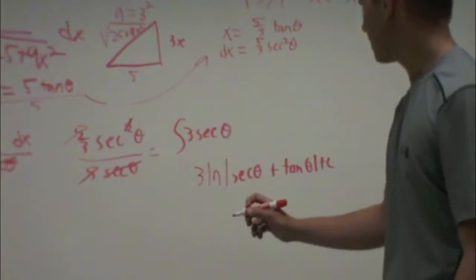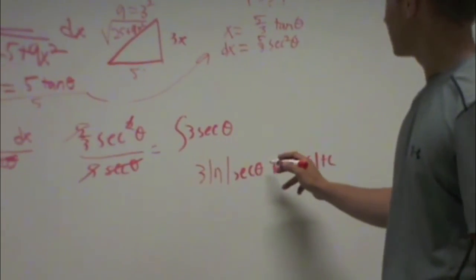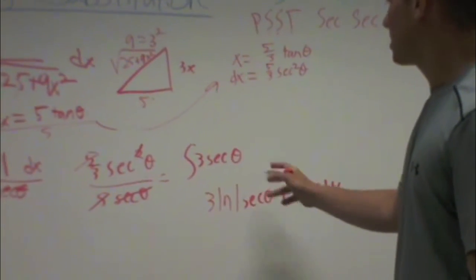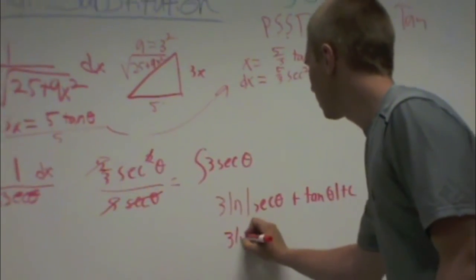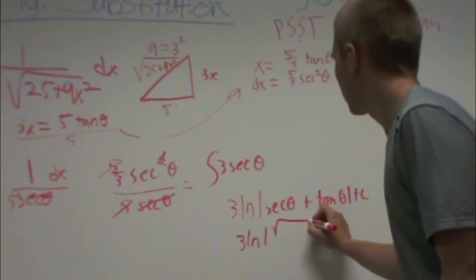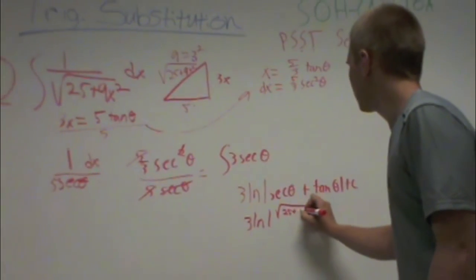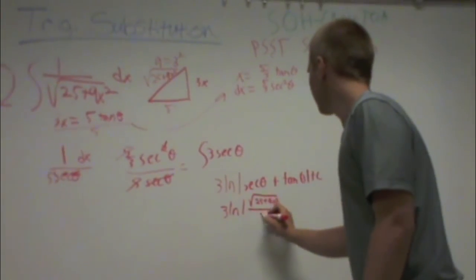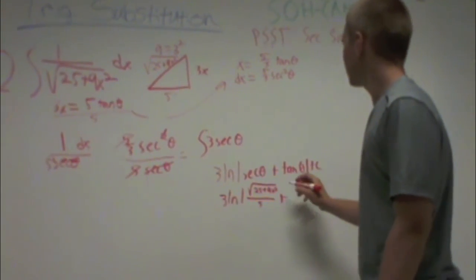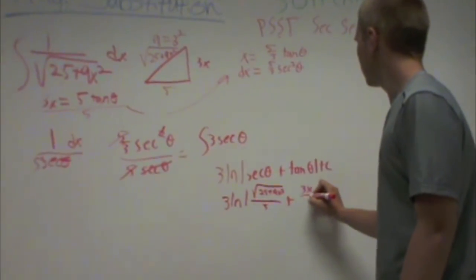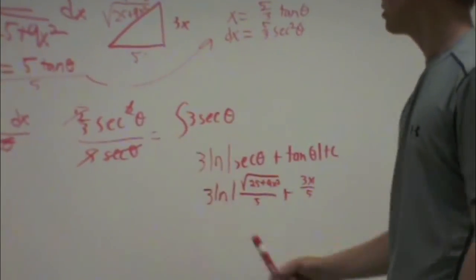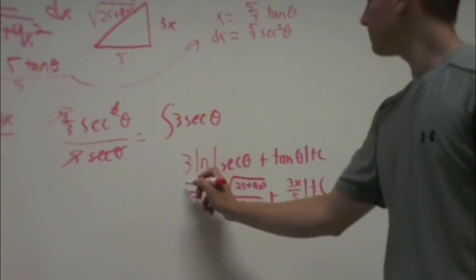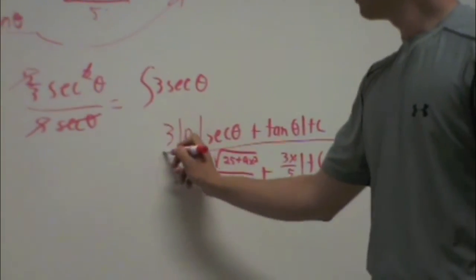It helps later on. So we have that, but we still have the thetas in here, so we just have to go back up to our triangle and plug in what secant of theta is. So it's going to be 1/3 ln of the square root of 25 plus 9x squared over the adjacent side, plus tangent, so 3x over 5, opposite over adjacent, plus c. There you go. We're done with all